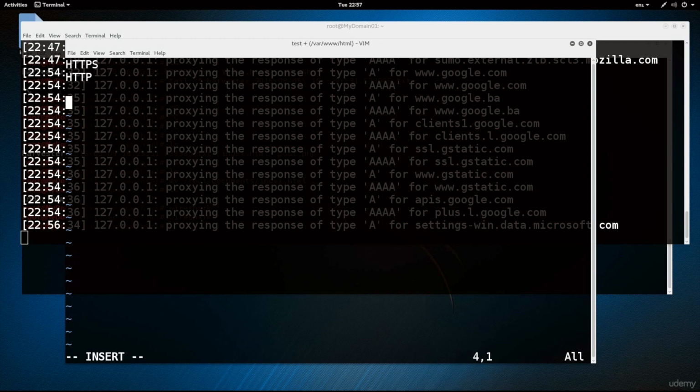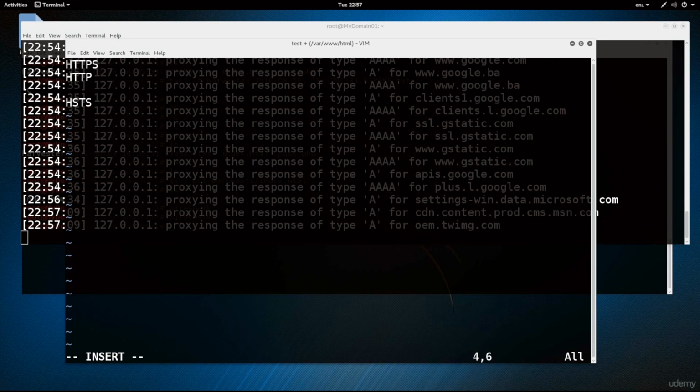Fortunately for us, this website didn't have HSTS, which is really bad. And I will show you how this can be done with HSTS as well, if I manage to squeeze it in as well. But the point being is that we have successfully managed to force people to go from HTTPS